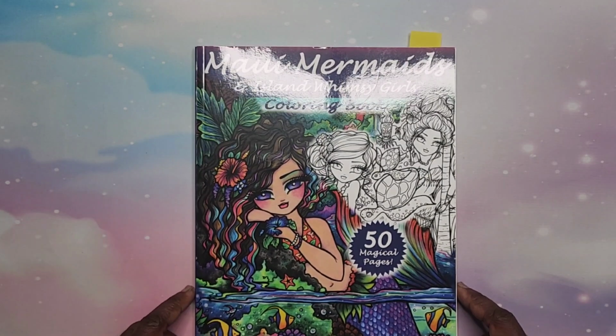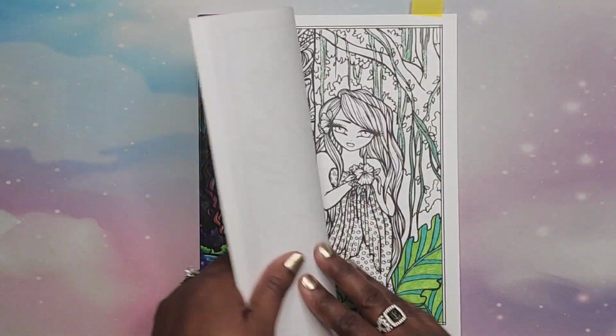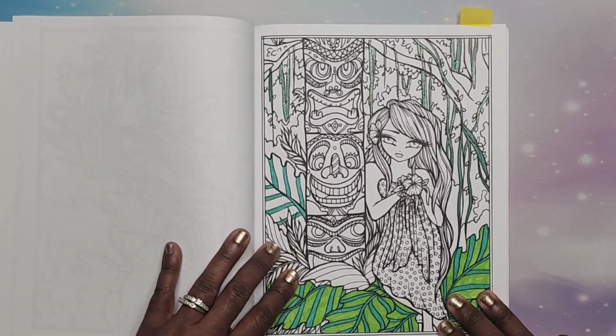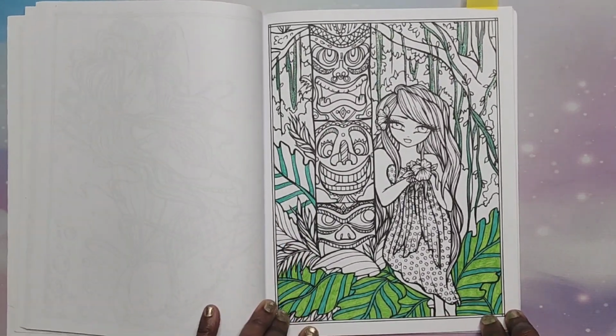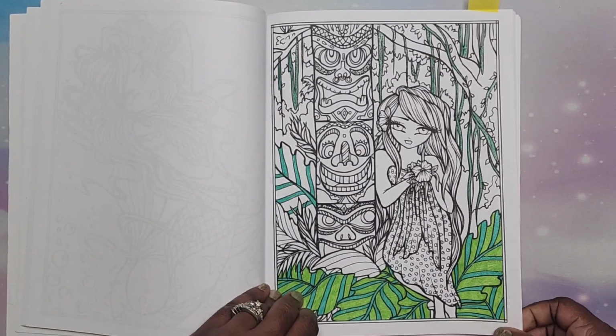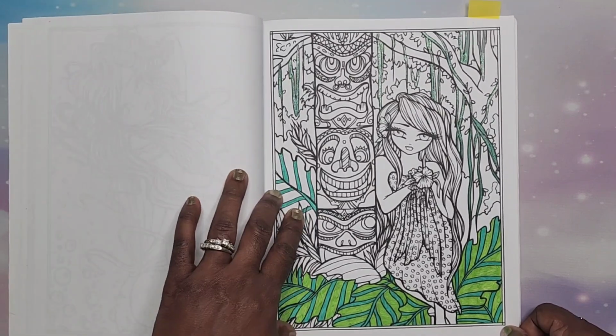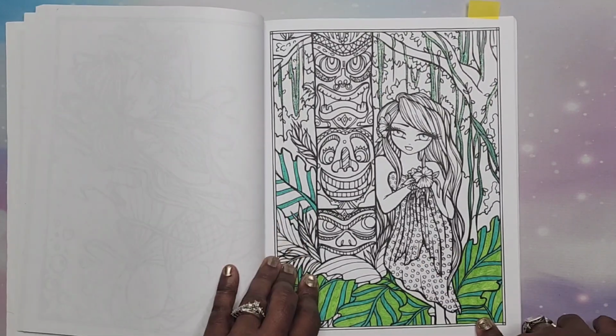Next, I have Maui Mermaids, and this is a Hannah Lynn book. I have one in here. This one I started, I don't know why I didn't finish. This one I was doing all gel pens. So I just didn't finish it. And so I want to go back and finish it. I think that I'm not going to do this whole entire page in gel pens,